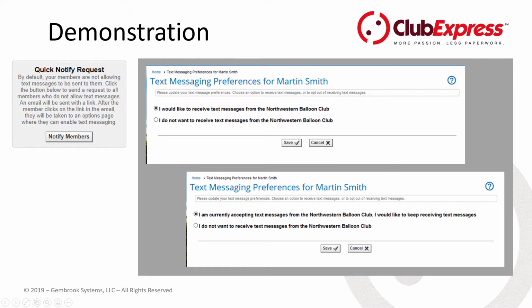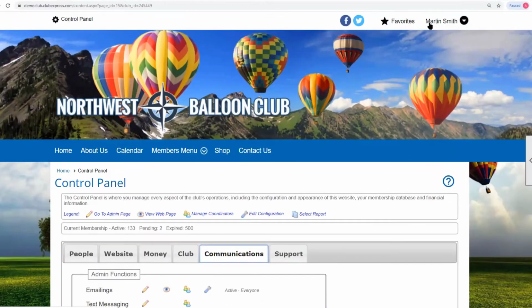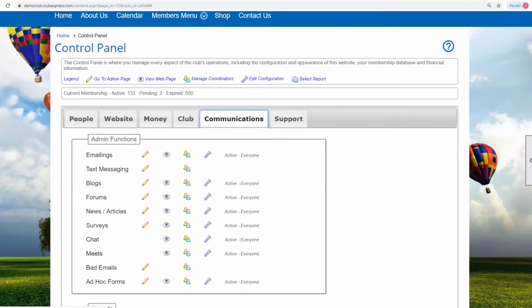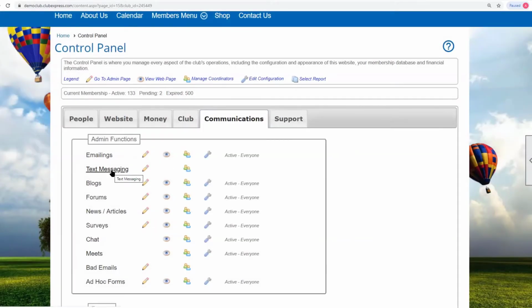So now let me see if I share my screen. We're already logged in as an administrator. I'm logged in as Martin Smith. And he's an administrator. So we go to the control panel and click on communications, click on text messaging. Now, as with any other module or most modules, you can also assign coordinators. So you can assign people to be able to send out text messages. So administrators obviously can do anything, but if you want a coordinator of a particular function, you can add a coordinator here. If I go into the text messaging system here,